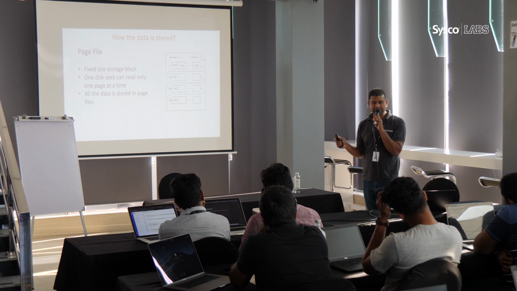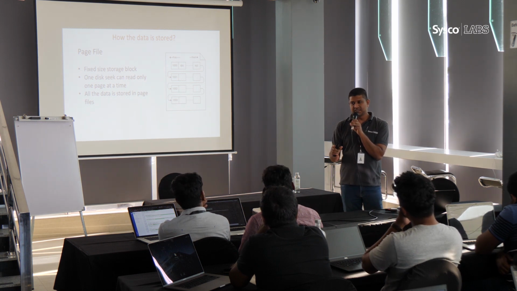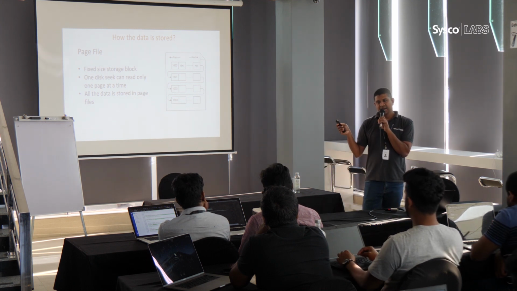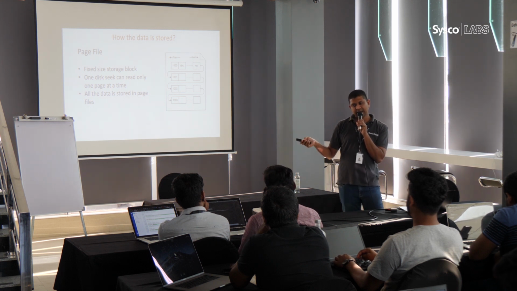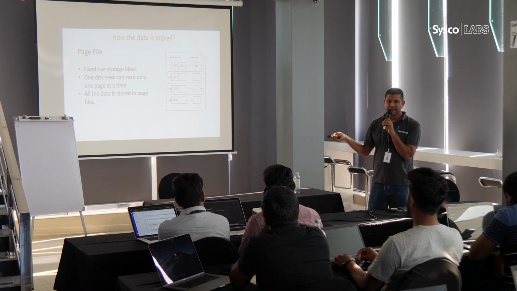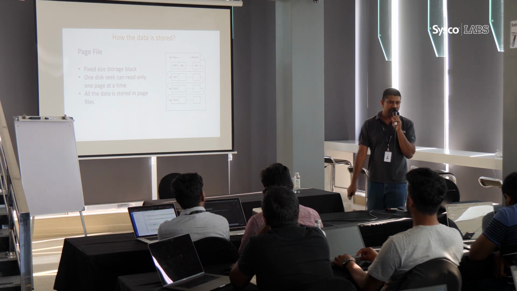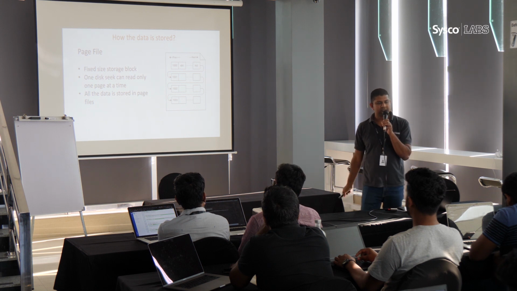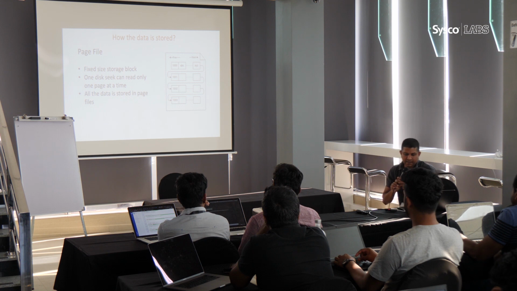In MySQL, there's a limitation. On a page file, you should have at least two rows, right? What that means is your row has a limit. The number of columns and data has a limit. In the case of MySQL, it is less than 8 kilobytes. If it exceeds more than that, you will simply get an error saying that you cannot create this. Let's see an example as well. What happens?